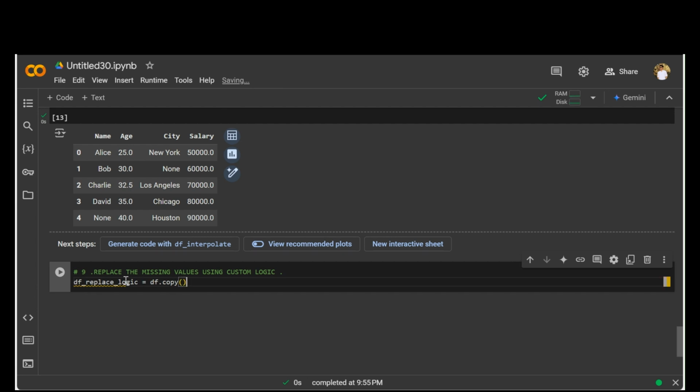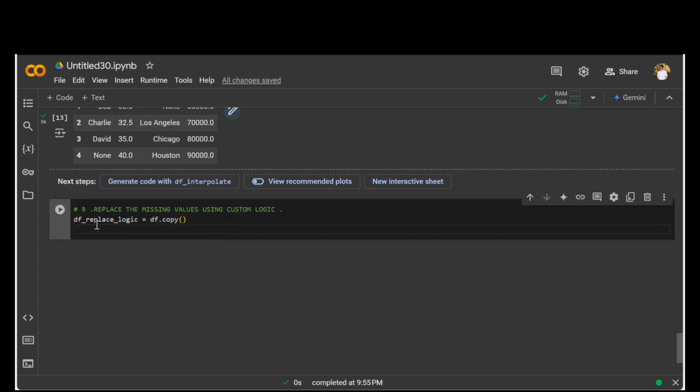We are creating a copy of the main data set. We will not be dealing with the main data set in case we have made some error. That's why we are making a separate copy of that. And let's say df underscore replace underscore logic of each column is equal to